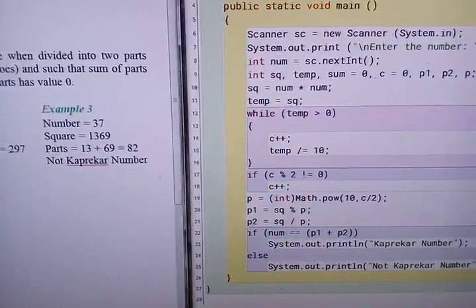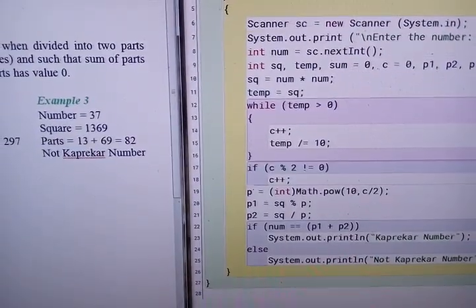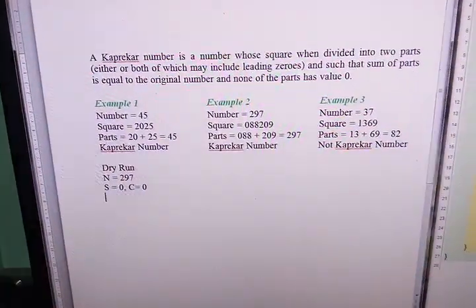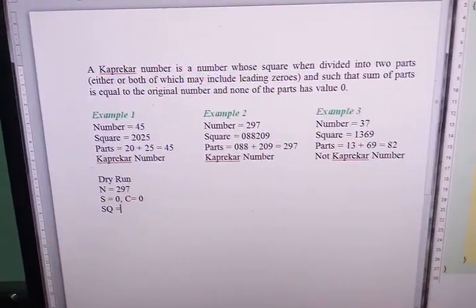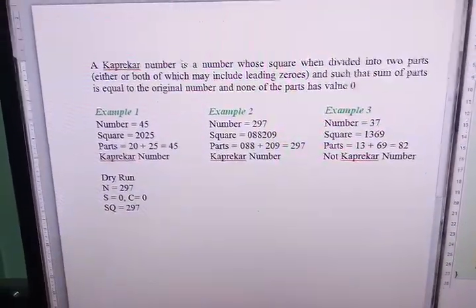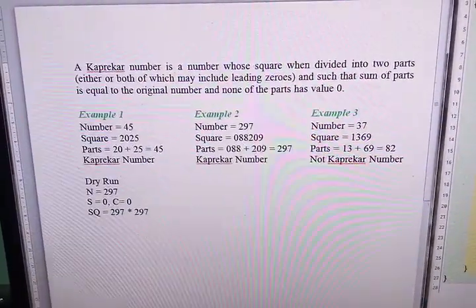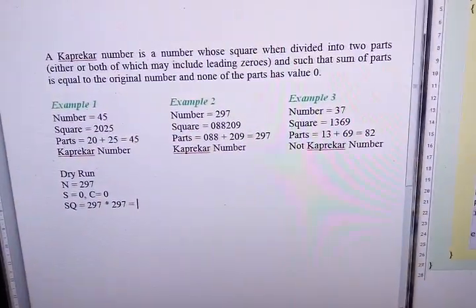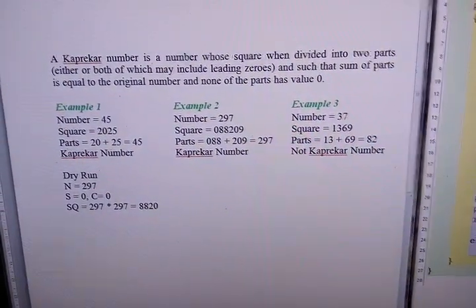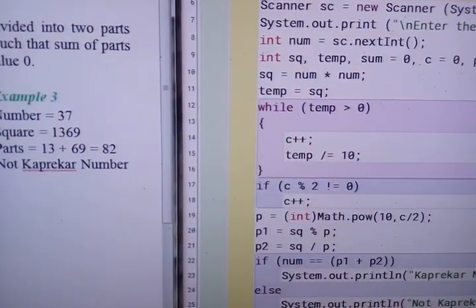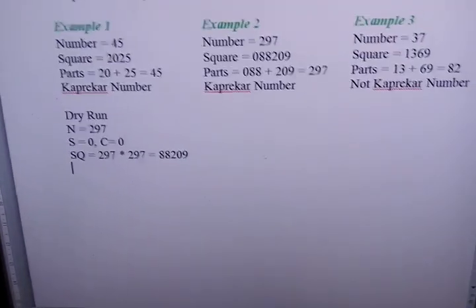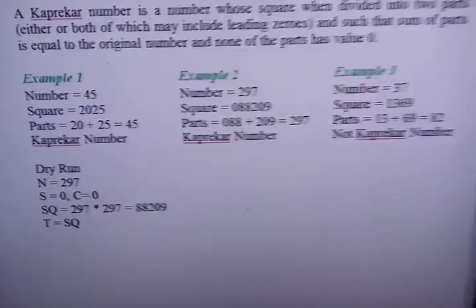Then it is doing sq equals num into num. So sq equals 297 into 297. It will give you 88209, and then temp equals sq. So t equals sq.